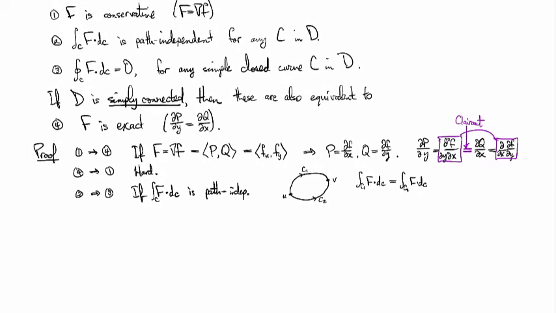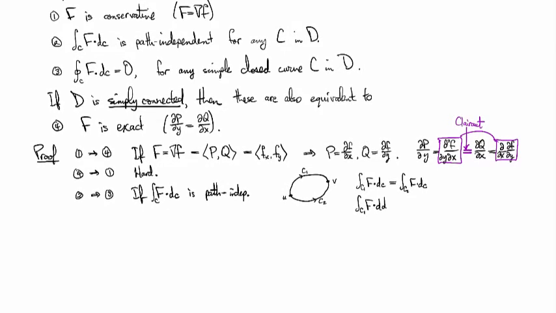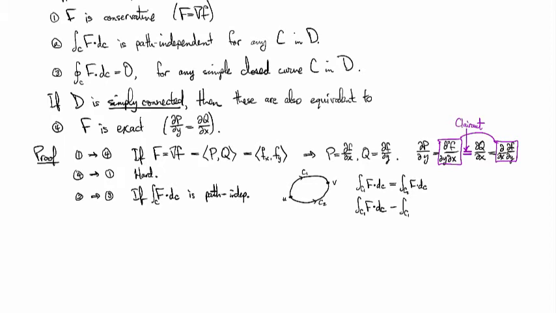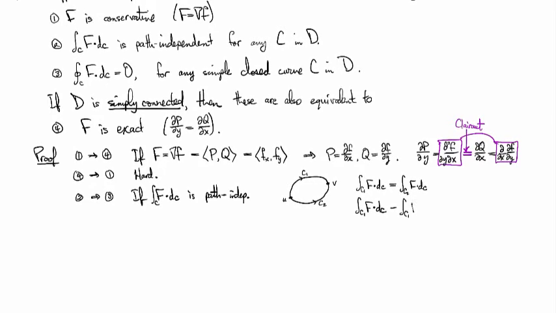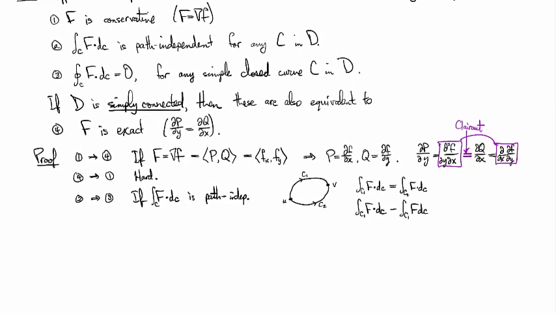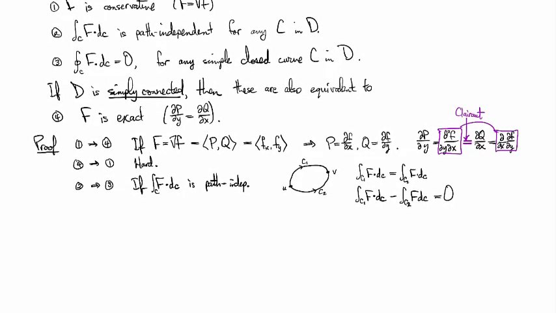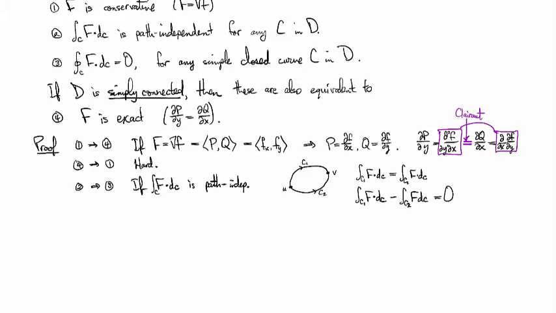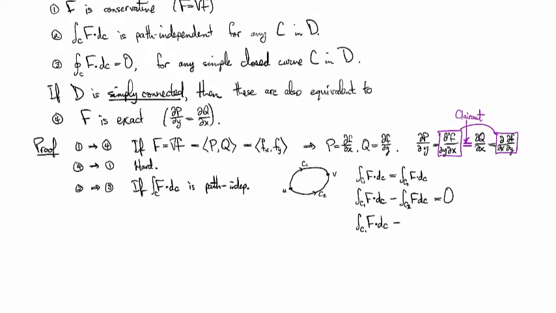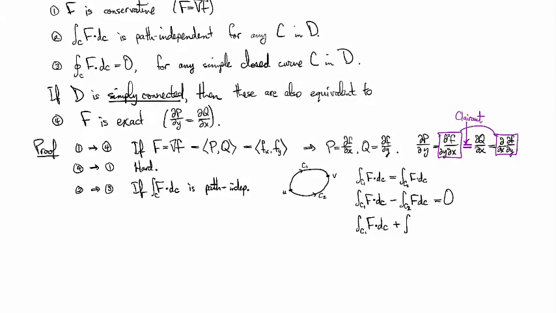Well, then that means that the integral over c1 of f dot dc minus the integral of f dot dc over path c2 is going to be equal to 0. And then I can combine these by using that identity that we talked about for reparameterization. So this is plus, if I go down that path backwards,